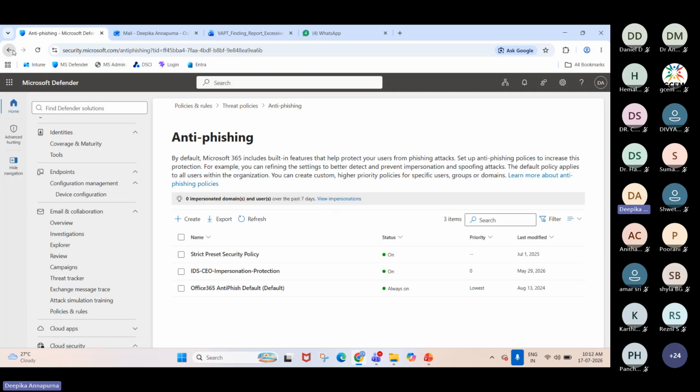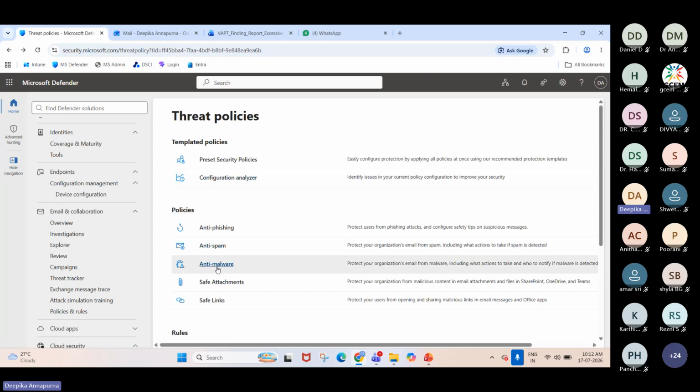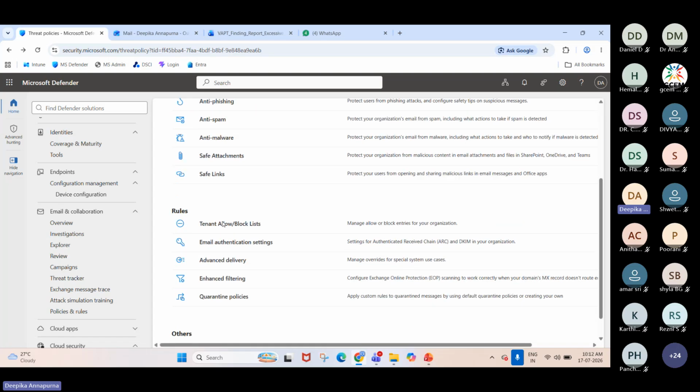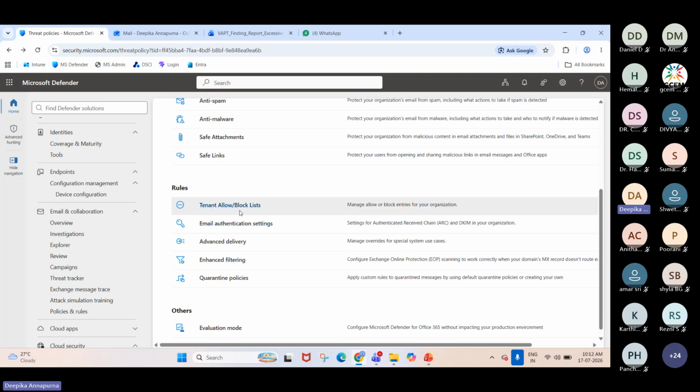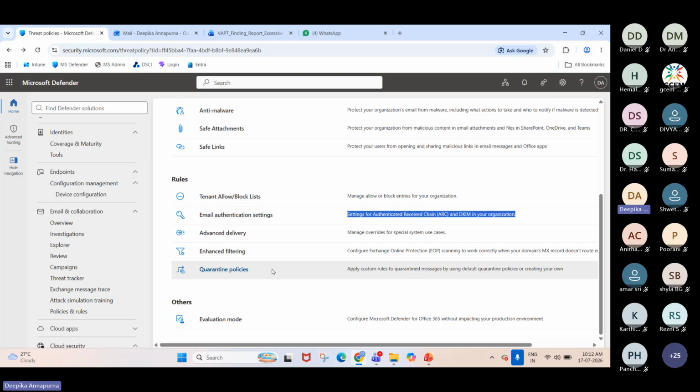The same way we can create for anti-malware also. Anti-spam, anti-malware, the same process will continue. And we can block or allow few lists and with email authentication settings for authentication received chain or DKIM in your organization. So this is nothing but we are protecting our employee emails from getting any phishing or malware links. Okay, this is how Defender is going to work on a high level. Okay, so